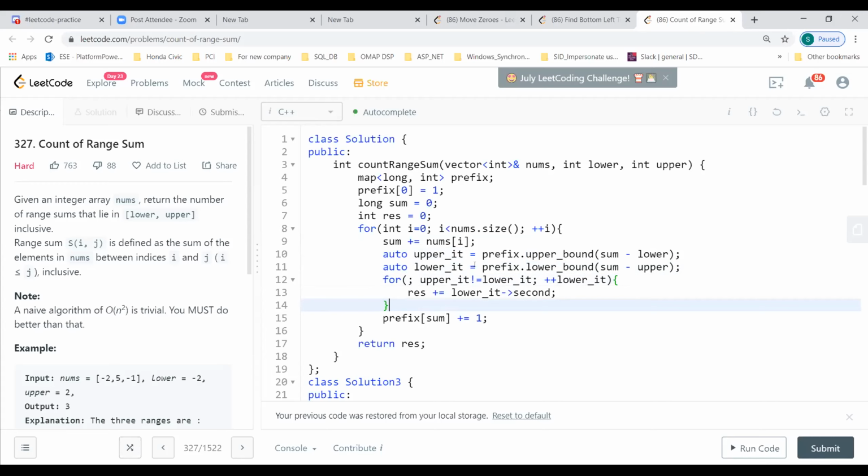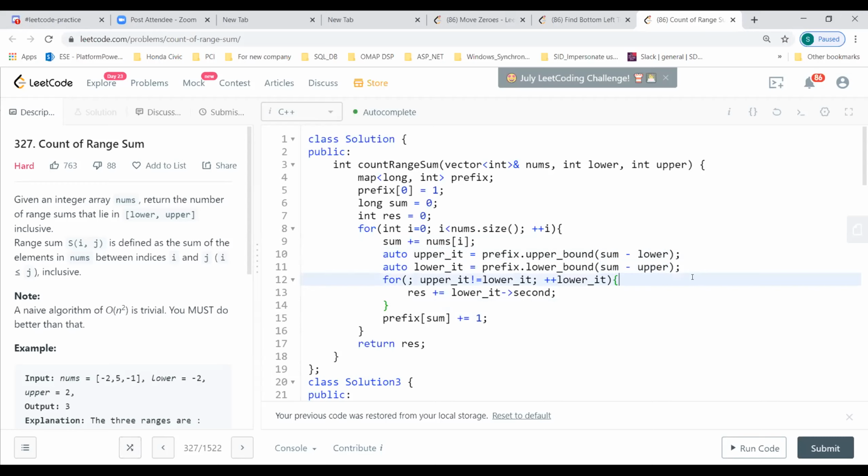Initially, if they are not the same, then only it will enter, because if they are the same, there is only one element. The upper bound will always have values which are greater than the actual value of this one. And the lower bound will have the values which are equal to or greater than this value. So this is one very simple implementation. It looks simple, though I don't know.